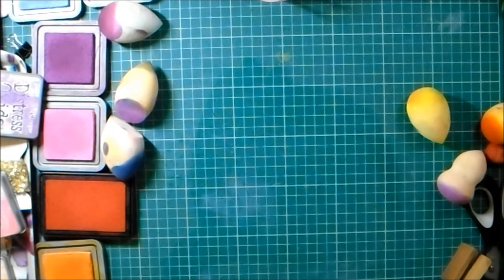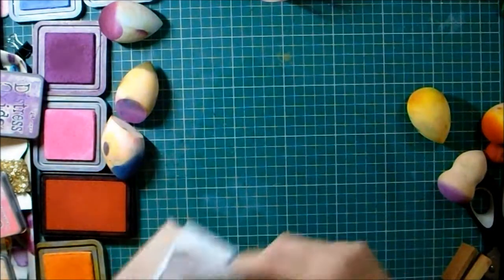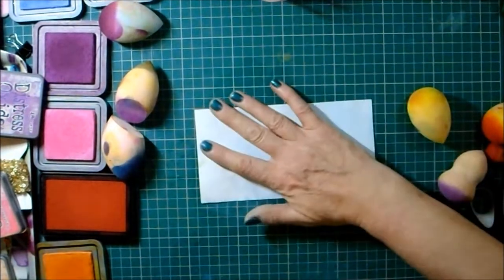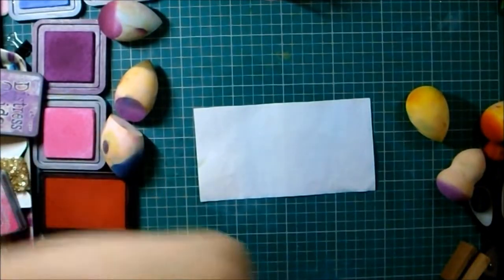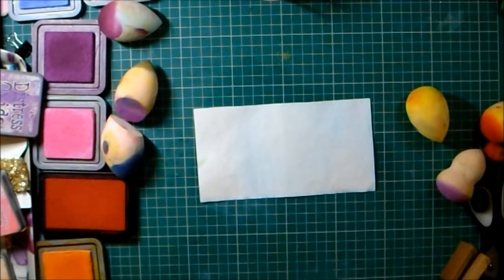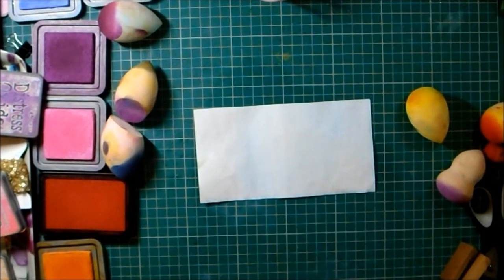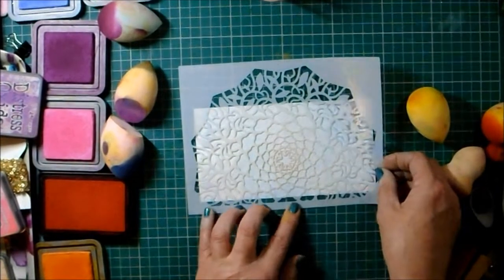It's just so frustrating that I can't have everything laid out how I used to. Right, that one's quite plain. We'll do something on there. Oh, and wouldn't you believe it, the one I wanted went flying, so I've had to get up and move. Right, I'm going to sit that right on there like that,